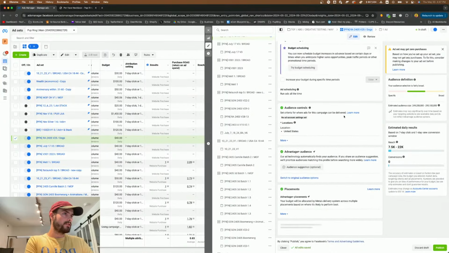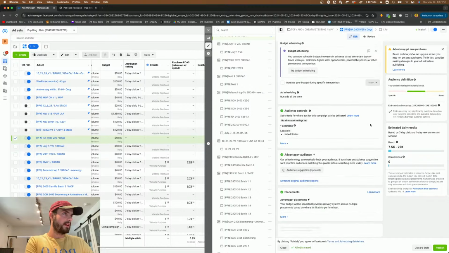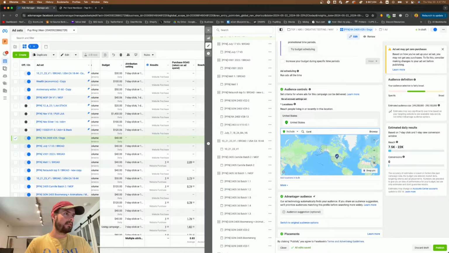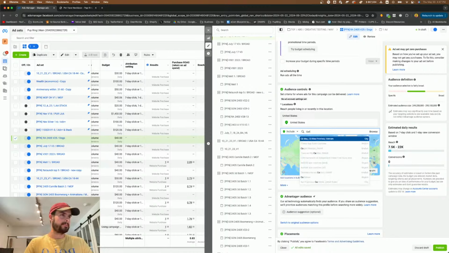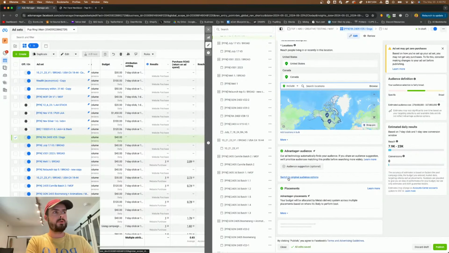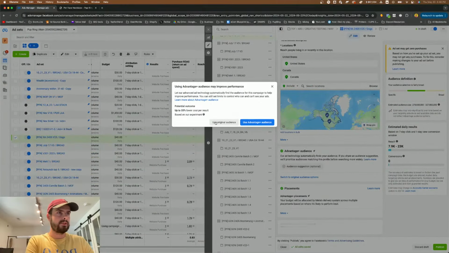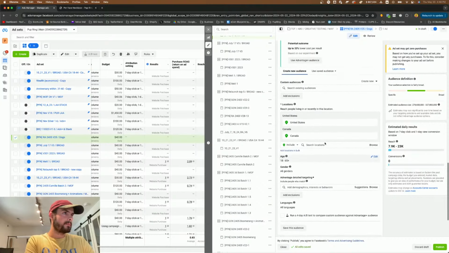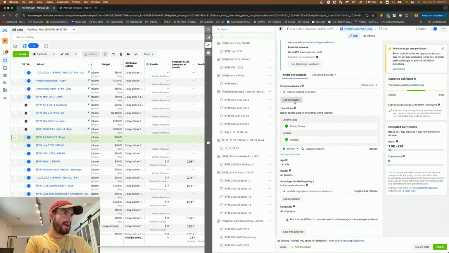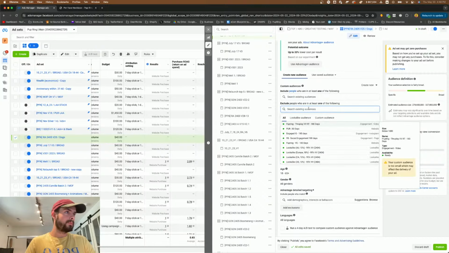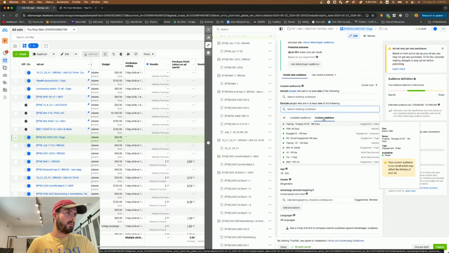We're now going to go down here to audience controls, and we're going to hit edit. I'm going to go ahead and add Canada. And then I'm going to click switch to original audience options. Use original audience options. And now we're going to go down here. I'm going to add an exclusion, and I'm going to exclude anybody who has visited my website